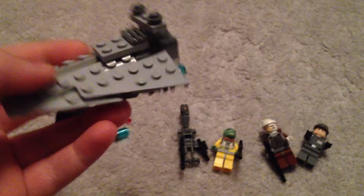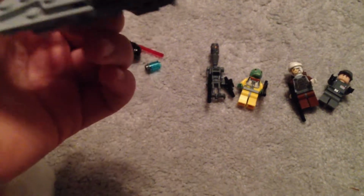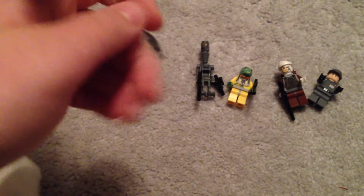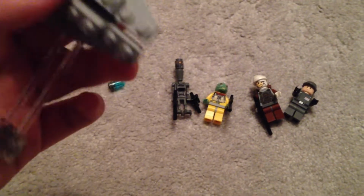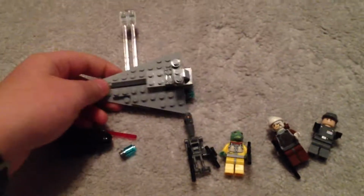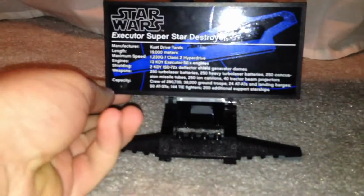Okay, so I'm going to start out with this little ship here. It just connects on with these two little clear things. That's it. And for a ship this small, it's actually very detailed. For it being this small, they definitely made it look as authentic as possible. So that's that. And then under here, as you can see, there's this little